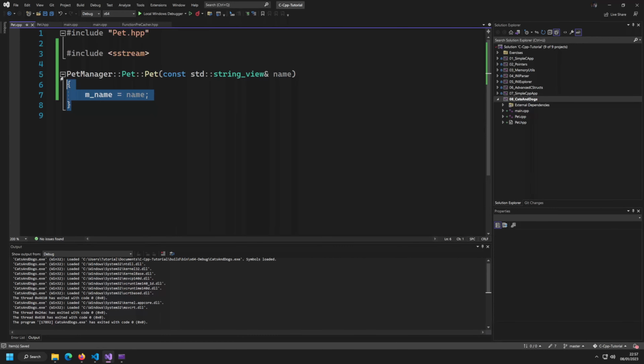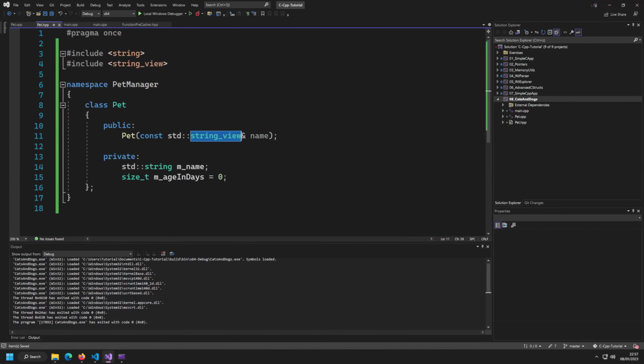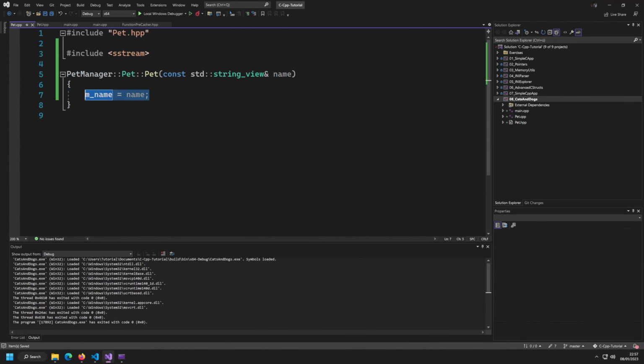If you are initializing this like that, that means actually that first the std string constructor is called with no parameter, and later on the assign operator is called with the actual string view. So actually what you're doing is you're calling two functions on that m_name to create this. You're calling the default constructor of that std string, which creates an empty string, and you are calling the assign operator. You can actually boil this down to just calling the constructor with the string view, but you need to